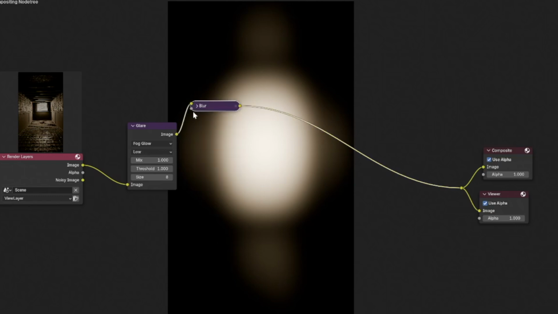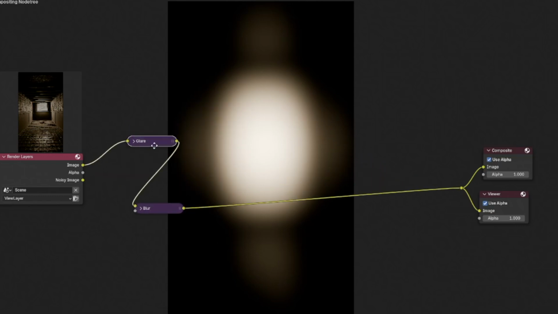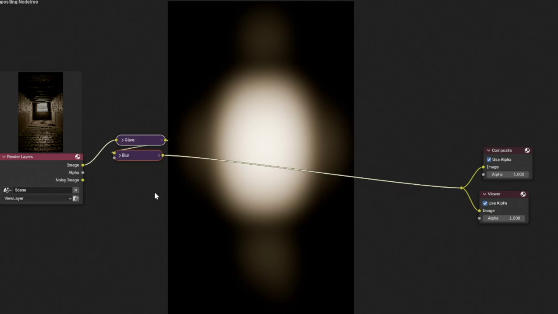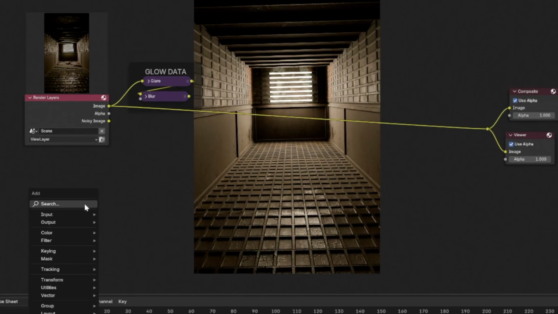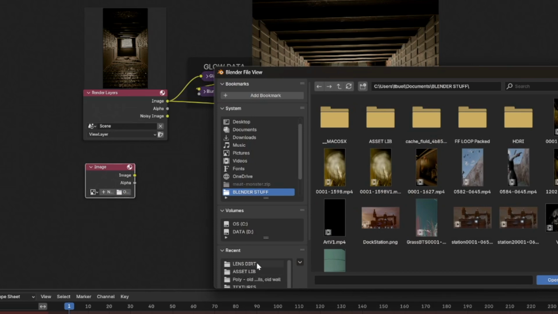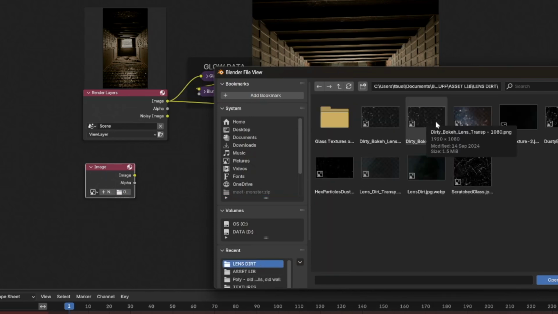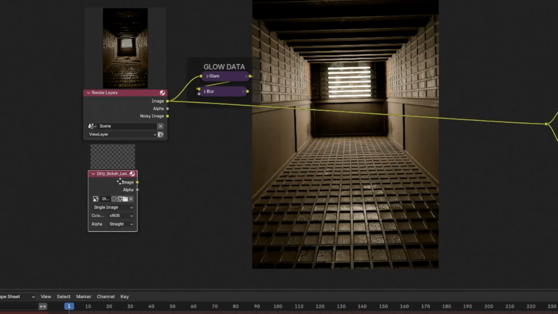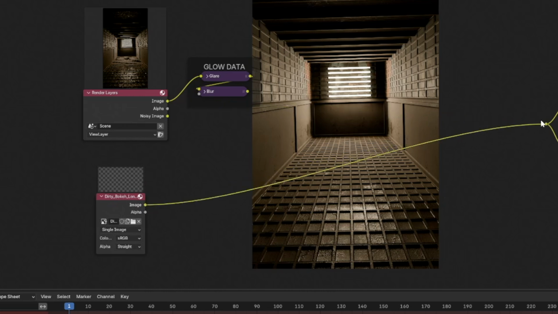And once you got that looking the way you'd like it, you can go and minimize everything, and I like to make groups just to keep things organized, so we'll call this one glow data. Once you have the glow data, we're going to actually bring up the lens dirt, and you want to use an image texture for that. So if you've got some handy, you're going to want to find a transparent PNG that has your effect on it, and if we bring that right over to our connector socket here, you can see this is awesome,